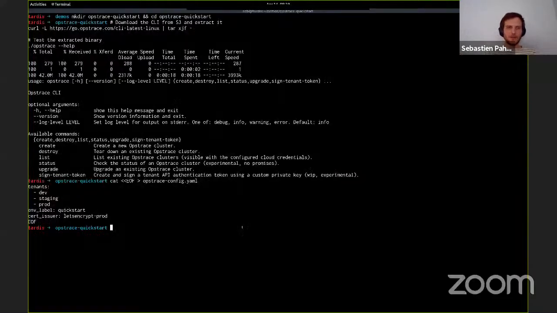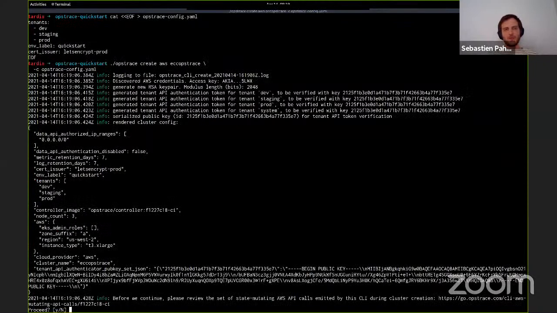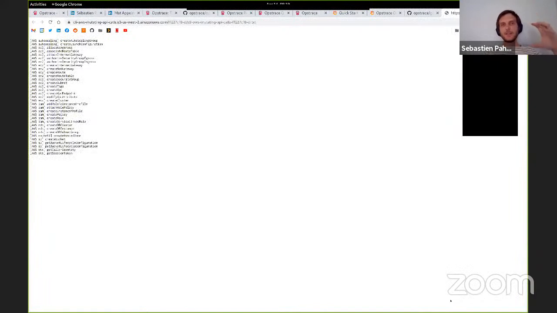So the install here, it will ask us to review the API calls. This is an interesting thing that we can have a look at. Each build, so we call a lot of APIs inside of a customer's or a user's cloud account. So every build of Opstrace generates a list of all API calls that are going to get called. This is whether it's in AWS or in GCP.